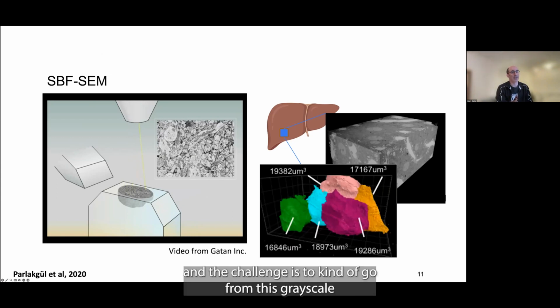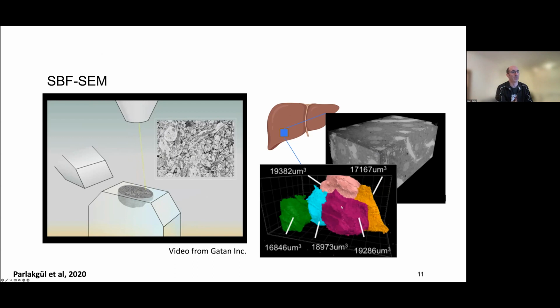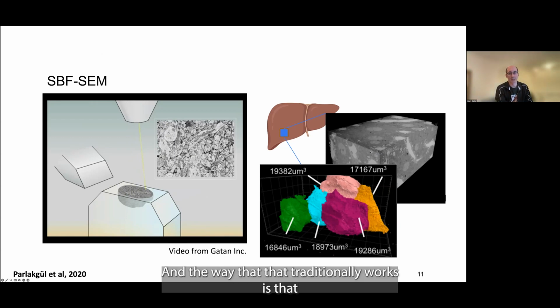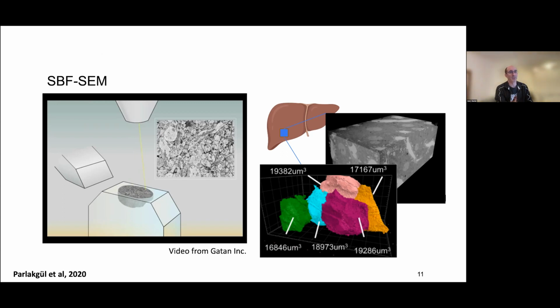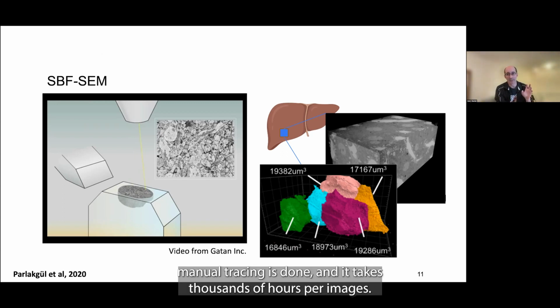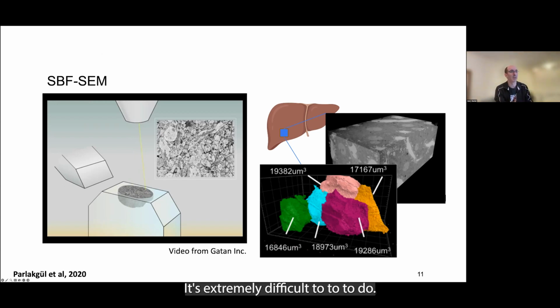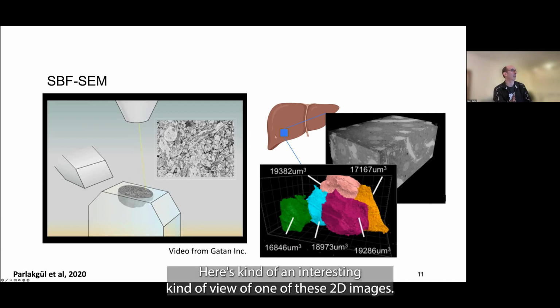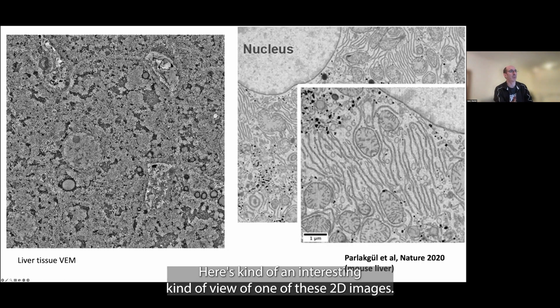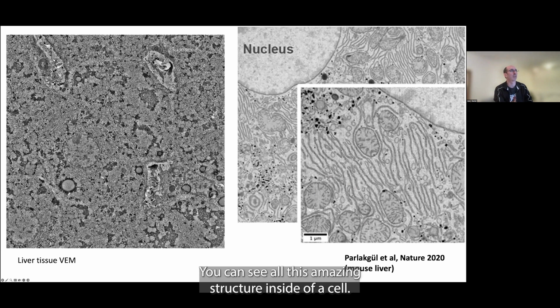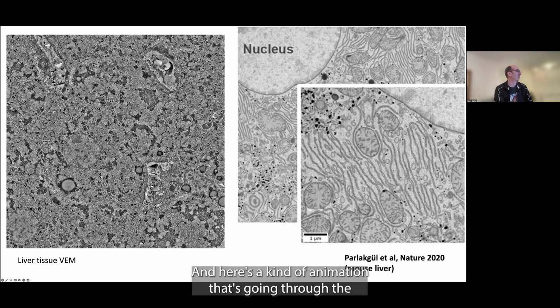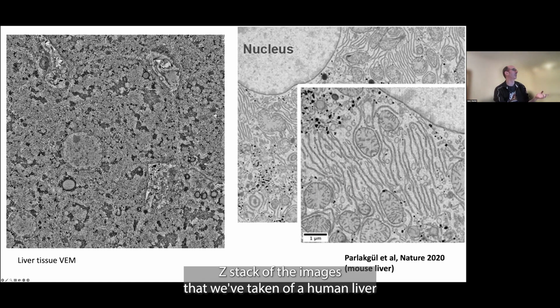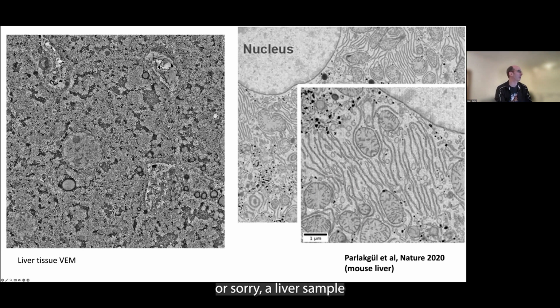And the challenge is to go from this grayscale block of pixel variation to actual cell boundaries and cell annotations. So now each of these are cells. The way that that traditionally works is that manual tracing is done, and it takes thousands of hours per image. And so it's extremely difficult to do. Here's an interesting view of one of these 2D images. You can see all this amazing structure inside of a cell. And here's an animation that's going through the Z stack of the images that we've taken of a liver sample